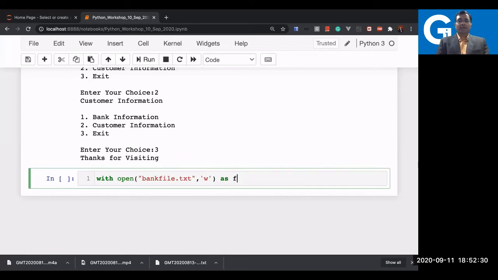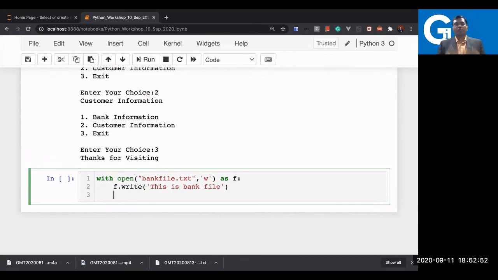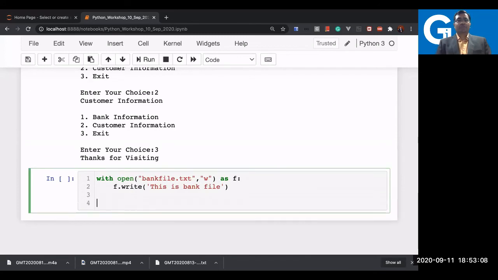and you can give the permission right here as, let's say, f, and then I will try to write some data into it. So how to write it? f.write. Here I'm going to write some data: this is a bank file. Now let me tell you, with this statement I have opened the file in write mode, and also tried to write something into the file itself. That is the bank file.txt which I'm creating. Now I can read the data also, and the file closes automatically because I'm using the with block.